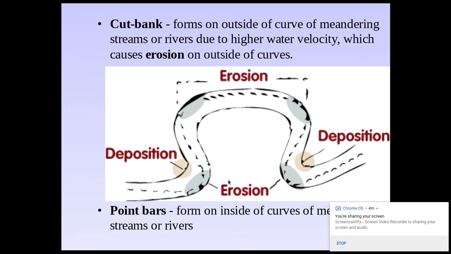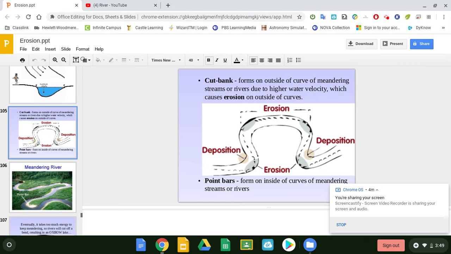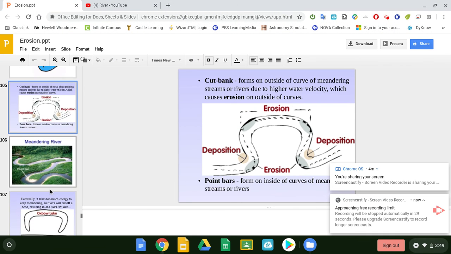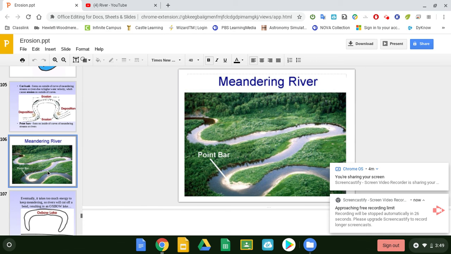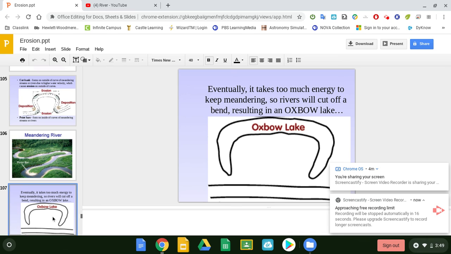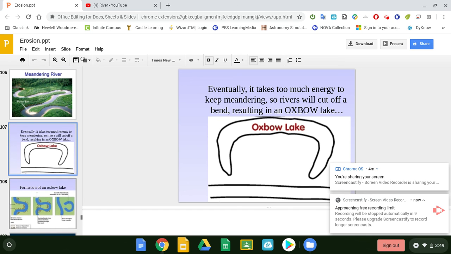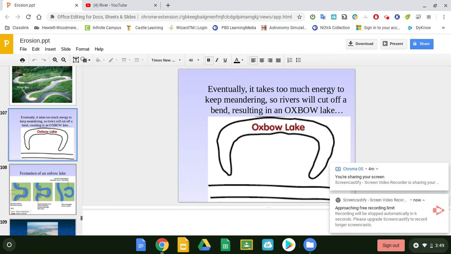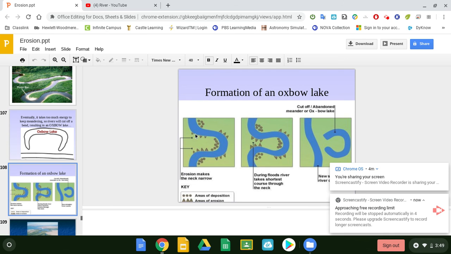And if they meet up, you then have the stream going this way, and you have that oxbow lake, which is right here. You can see it. Okay? Deposition, erosion, deposition, erosion. Sooner or later, these are going to meet up. And then you have that oxbow lake right there. Stream goes by, oxbow lake stays there. Sometimes they stay if they're big enough. Here's an excellent diagram of it. Forming it together. Oxbow lake ends up